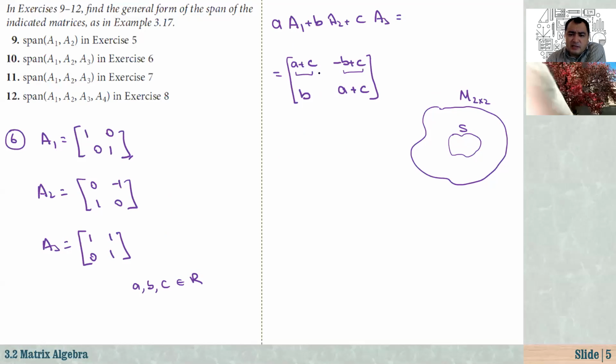that means that these numbers in the main diagonal are equal. And here we have minus B plus C and B. All matrices which satisfy this condition are in this set. That is the span of these matrices. So it's the set which is filled by matrices in this form. All right,